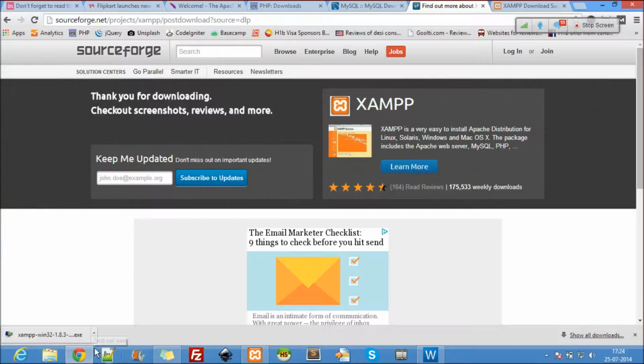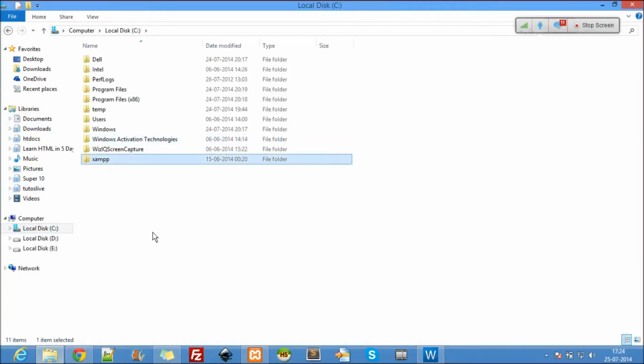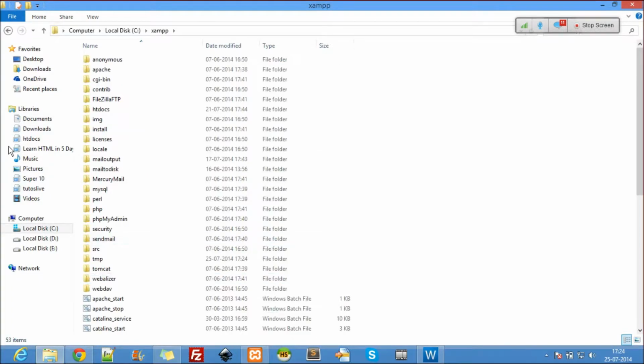But where do you store your programs, right? I told you there's a server, but where do you store them? Now I'm going to show you guys. I'll walk you through the installation which has happened in your system. In my computer it is installed here in local disk, XAMPP. So search for this folder XAMPP wherever you have installed it. Double click on it.